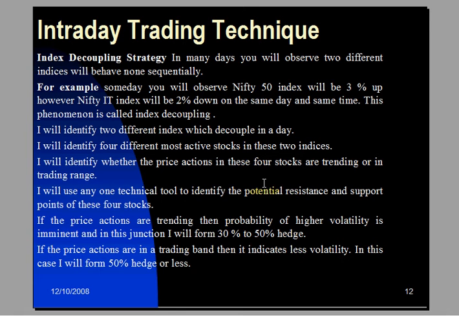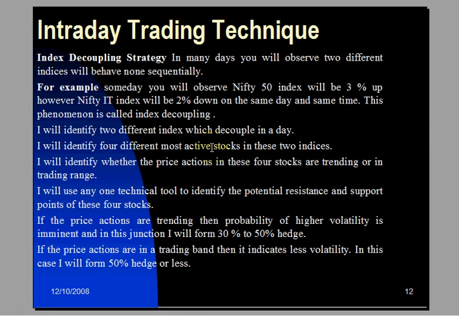In this, you have to find two different indices which are decoupling from each other, meaning one will be moving up and the other will be moving down. Only then will this decoupling phenomenon take place. After finding these decoupling indices, you need to find the four most active stocks in these two indices. Remember, you need to find four different stocks from these two indices,